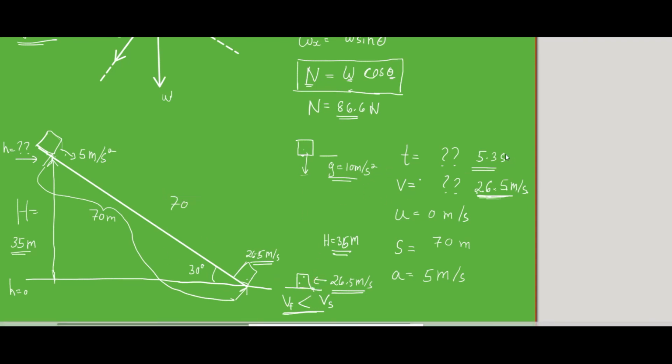This one is taking 5.3 seconds. Your free fall, if you check the time it takes to free fall, is going to be much less. Okay, and it won't be half. It's not going to be half of 5.3. Half of 5.3, I think, is 2.615, something like that. But it won't be that much. It's going to be much lesser than that.